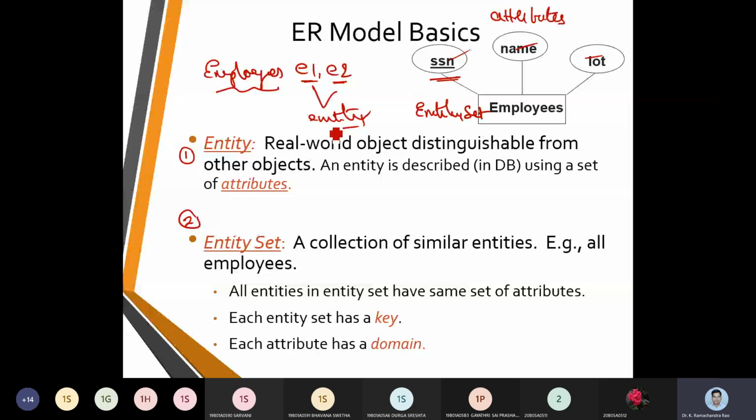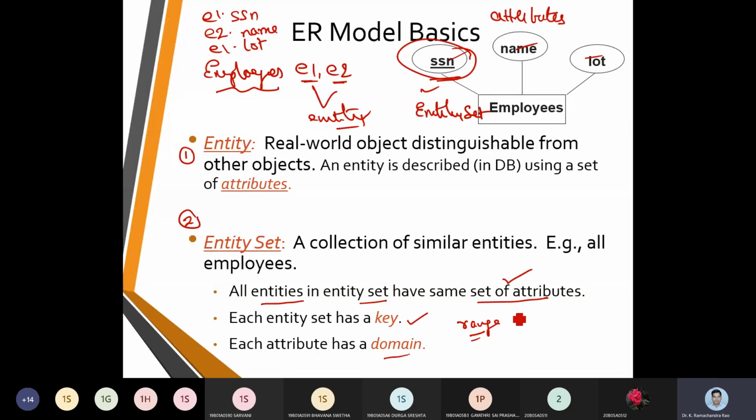So range in the sense, if I give a minimum value and a maximum value, if I give an age between 18 to 25, the minimum is 18 and the maximum is 25. So now we get this range. That is where we fix a domain.